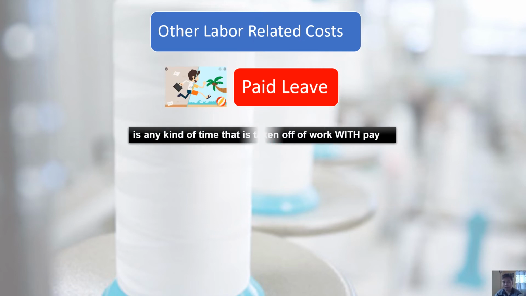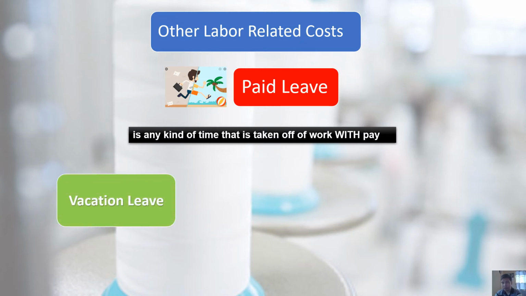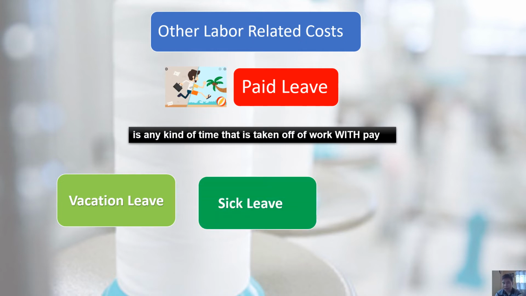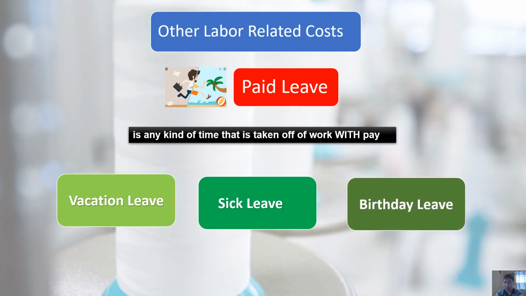So we say paid leaves, this is any kind of time that is taken off work with pay. So ibig sabihin, babayaran natin si empleyado kahit hindi siya nagtatrabaho. So ang paid leaves po, marami po yan type. So it can be in the form of vacation leave, so meaning magbabakasyon si empleyado pero babayaran pa rin natin siya. So in the form of sick leave, so in case nagkasakit si empleyado or si laborer, babayaran pa rin natin siya. So pwede rin naman yung birthday leave, so during his birthday, so hindi na natin siya pagtatrabahuhin, pero